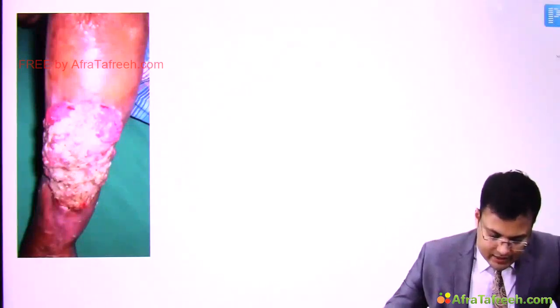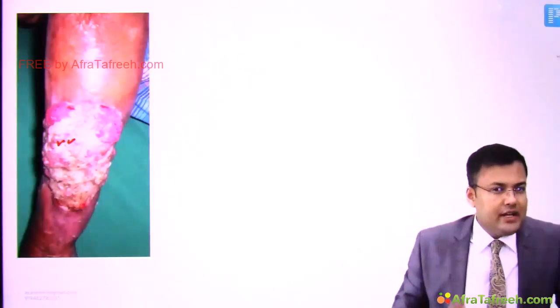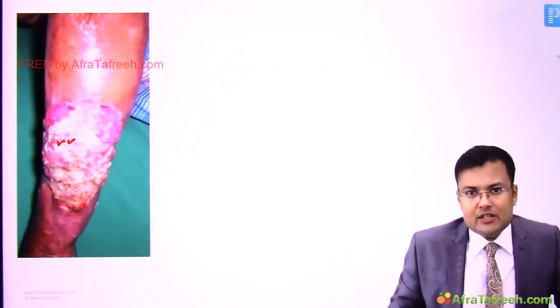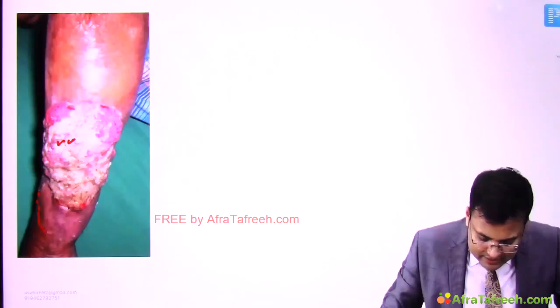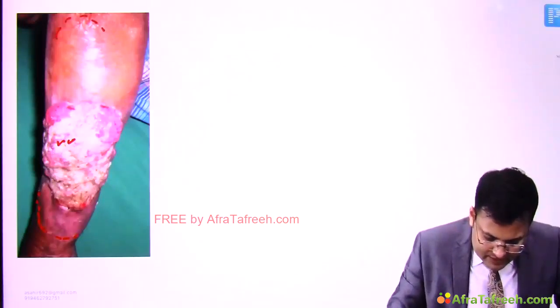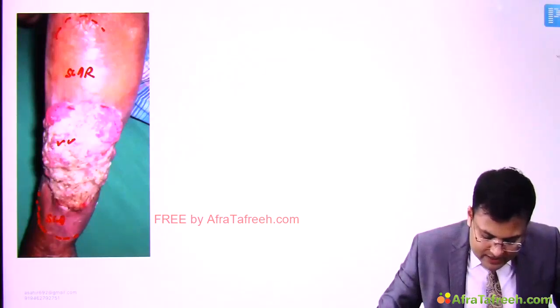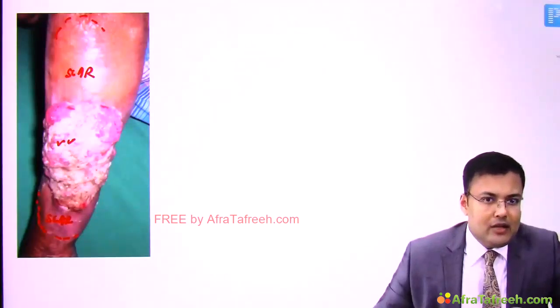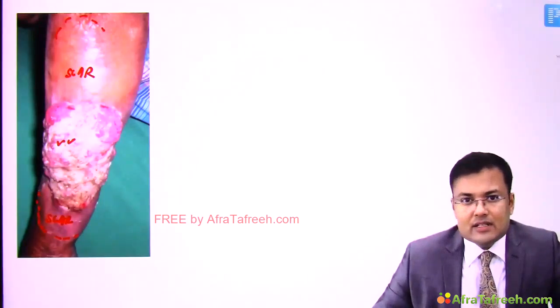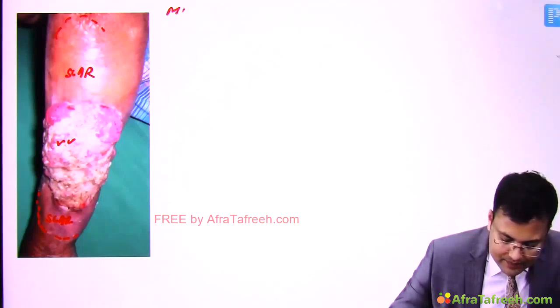Now see this picture and tell me what is the diagnosis. Can you see here the tumor is having outward growth towards the surface? It means it is a type of squamous cell carcinoma. And what is the second clue in the picture? You can see that there is a scar. So there is a malignancy which is arising from some old scar, and which is squamous cell carcinoma. So what is this kind of ulcer? This is Marjolin's ulcer. The diagnosis is Marjolin's ulcer.